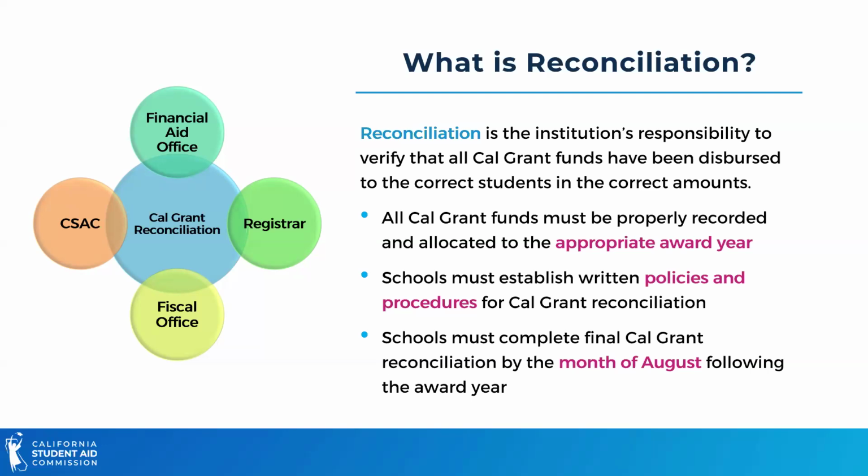We want to make sure that schools have well-written, strongly written policies and that you're following those policies. And our audits team will look at those things when they come to review your campus. And then you'll see, and we will begin to send out announcements and alerts, letting schools know as we are approaching year-end reconciliation and when the final deadline would be. And this graphic here is just simply depicting that this involves all of these entities, right? CSAC is instrumental in providing the reports that you use for the reconciliation process, but all of these teams and departments within your campus are involved in the reconciliation process.